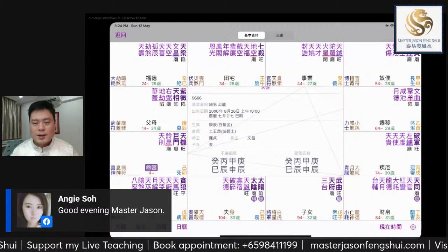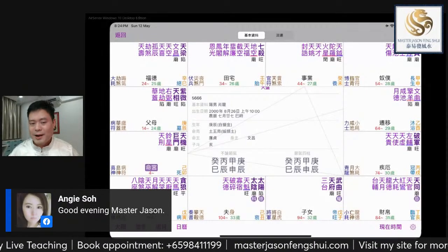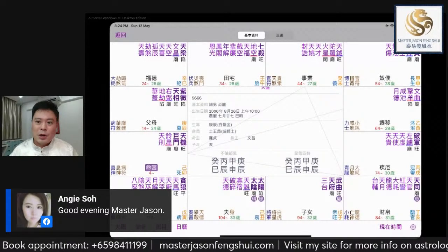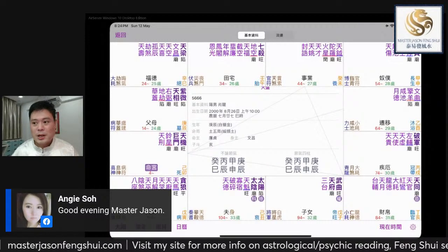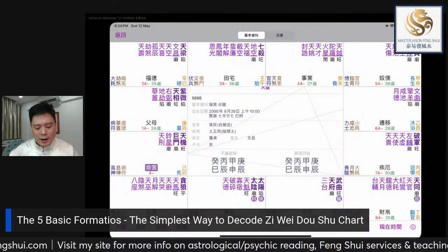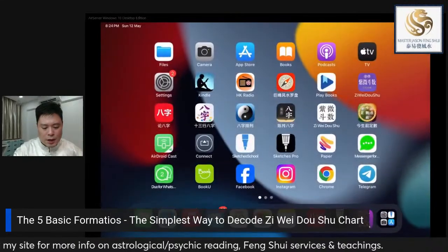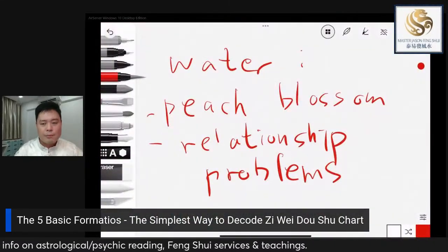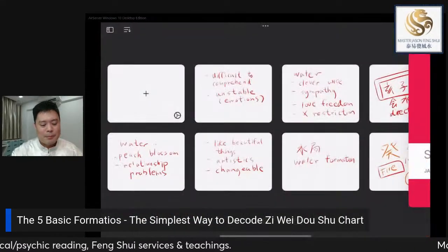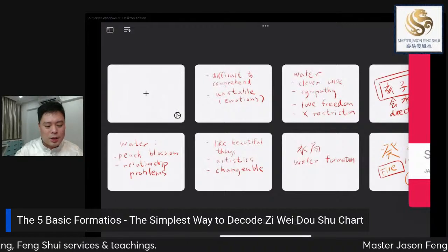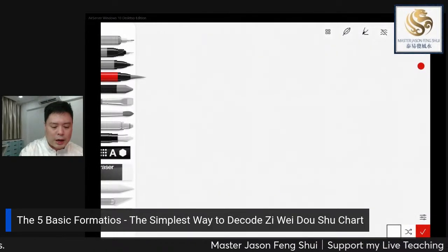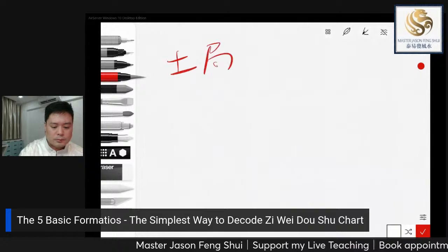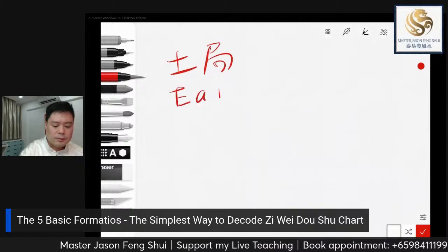You guys can open your 紫微斗数 birth chart. As I explained, you can look at your birth chart also to see if it reflects the characteristics that you have. For example, now we are going to talk about these two 戊己. I will jump a bit because I don't want to follow the sequence. So people who have this 己, or the earth formation,